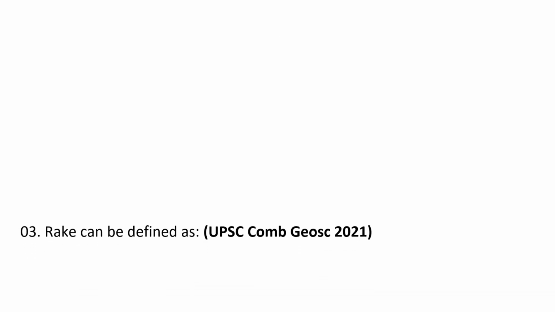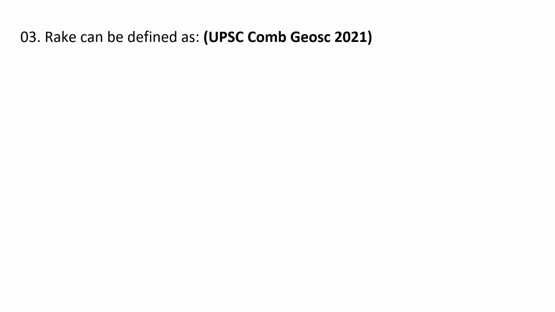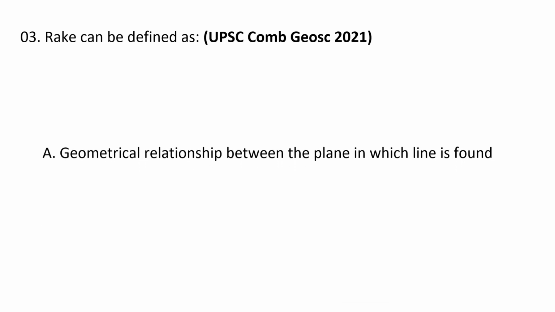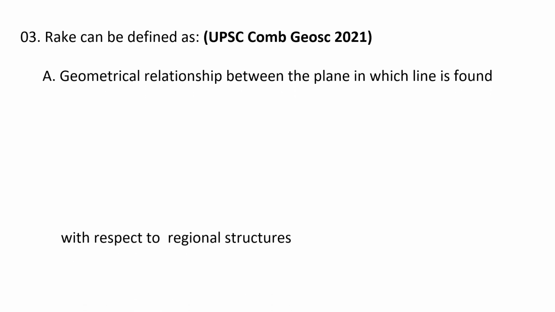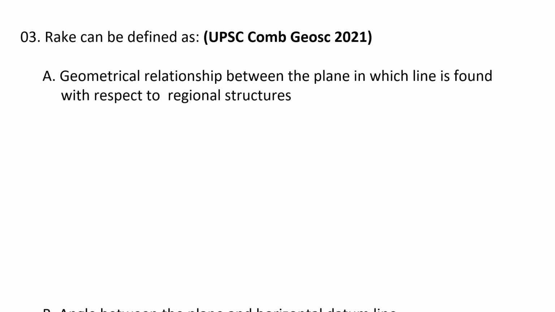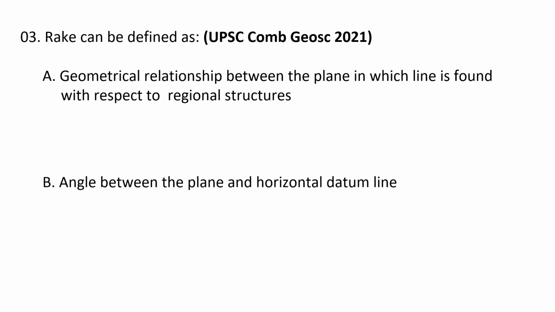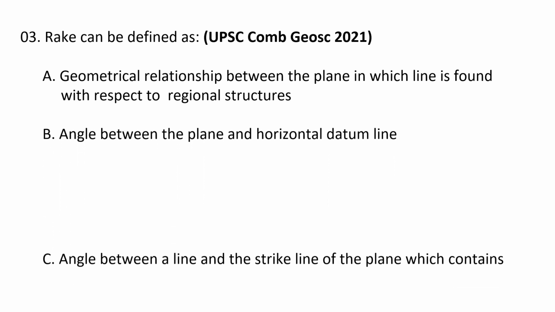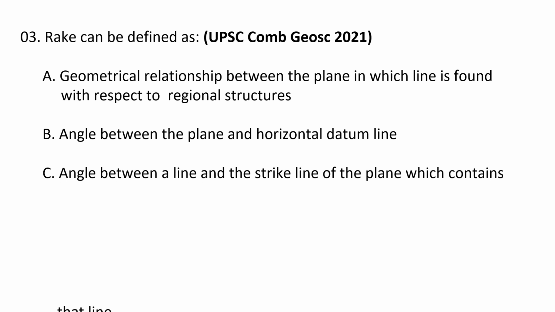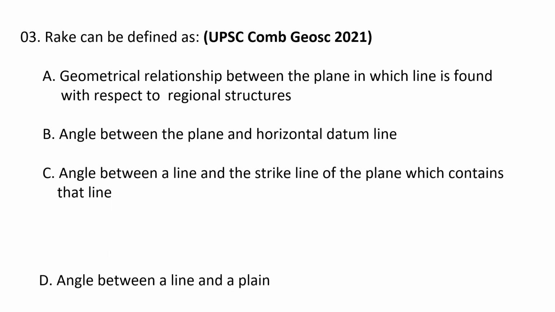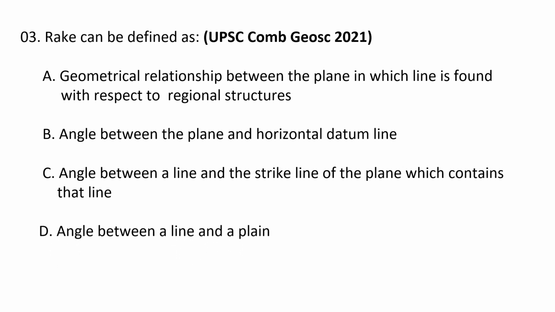Next question. Rake can be defined as, so what is a rake in structural geology? A, geometrical relationship between the plane in which a line is found with respect to original structures; B, angle between the plane and the horizontal datum line; C, angle between a line and the strike line of the plane which contains that line; and D, angle between a line and a plane. So what is a rake? The correct answer is